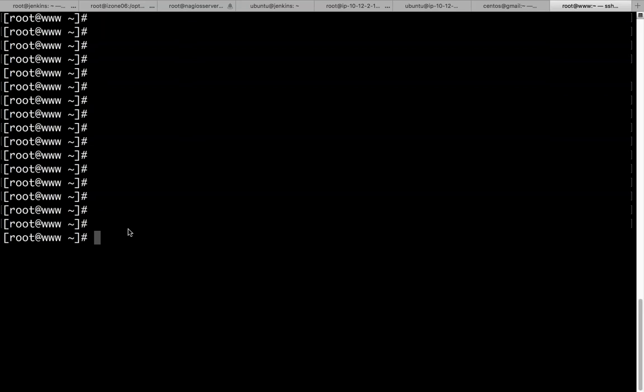Although I'm logged into a server, me being a user, I'm not directly communicating with the operating system. I'm actually communicating with a program, and that program does the job of taking my commands and submitting them to the kernel, that is the operating system, and the operating system does the job of allocating the required resources for whatever operation I am asking this particular program to do.